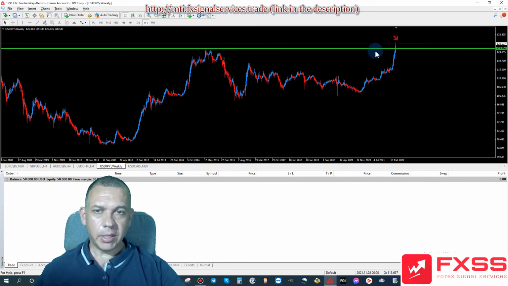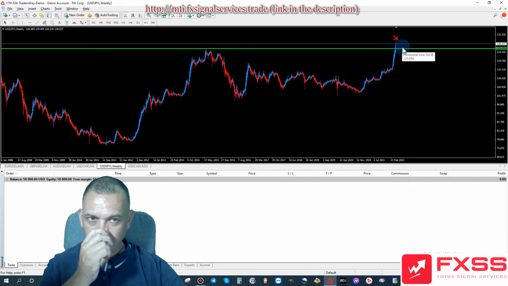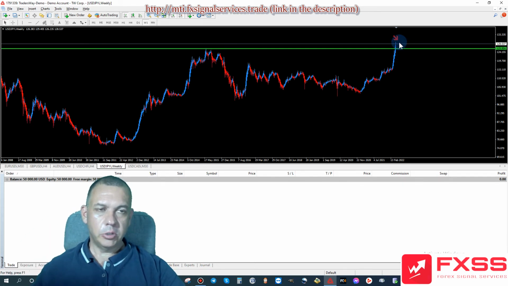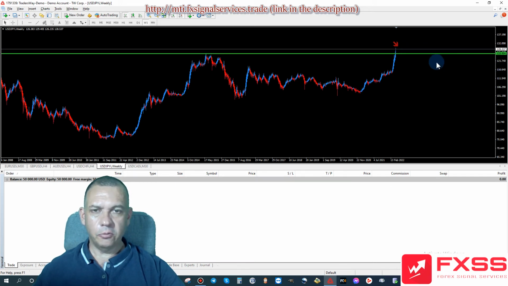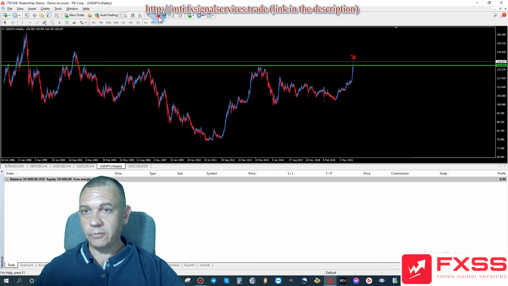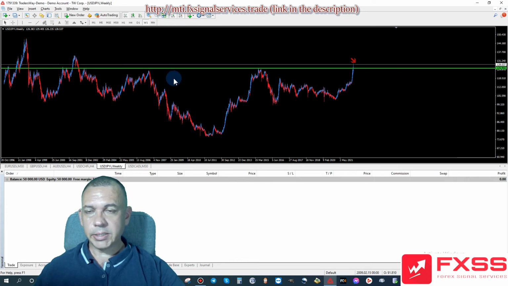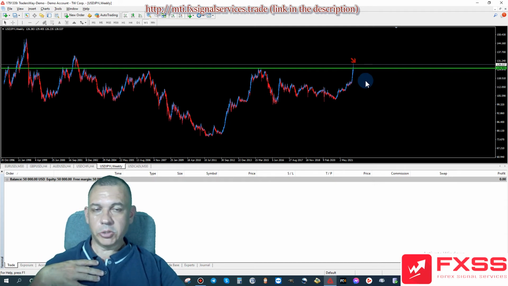But anytime you have a resistance that's broken, it becomes a support, and support and resistance will continue to be broken and repeat itself over time. But that's okay. This is a good indication that the price will be going up more in the long term. If you zoom out on this, we can see that we've had higher highs. But actually right now we are at a pretty strong point of resistance. So for me personally, I would anticipate this to be going down probably for the next few weeks, maybe even the next few months.